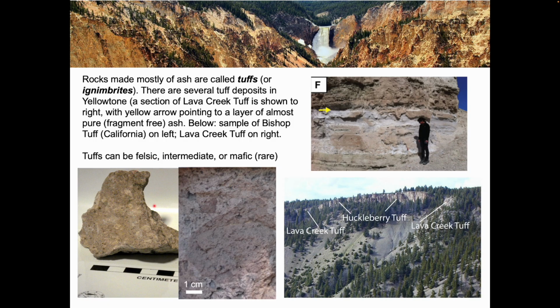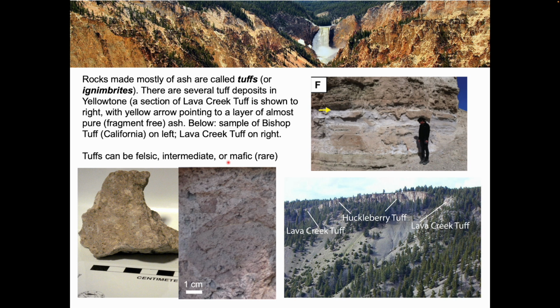It's very interesting, but you can see from these photographs it contains other pieces, other clasts of material. So this tuff, this ignimbrite, is not pure ash. It contains large blocks of other stuff. Tuffs can be felsic, intermediate, or mafic. Mafic tuffs tend to be rare and tend to form in places where you have water interacting with the basaltic